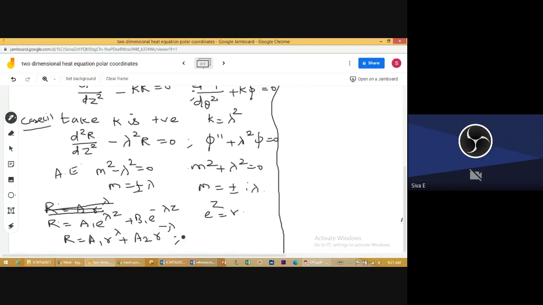Similarly, for this one, what is the phi value? Phi is c1 cos lambda theta plus c2 sin lambda theta. Okay. So if you are multiplying this, we will get u of r comma theta equal to